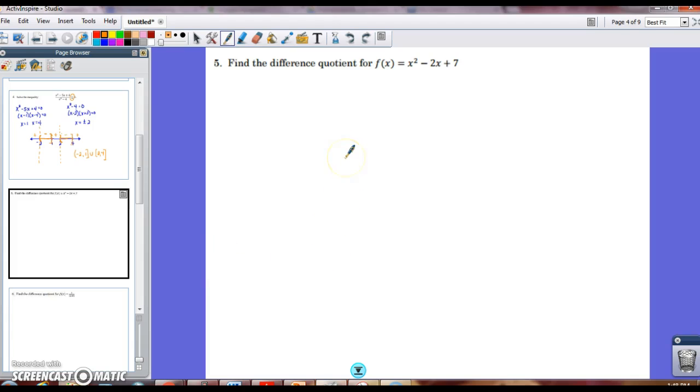Okay, the difference quotient. We did this a while ago. If you don't remember what the difference quotient is, hopefully this will come back to you. f of x plus h minus f of x, all of that over h. And so all you're doing is wherever you see an x, you're plugging in x plus h. So I first have x plus h squared